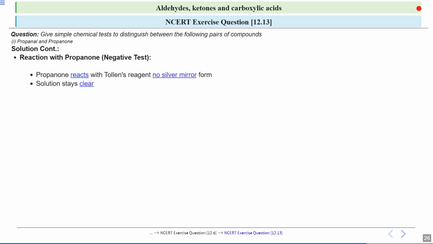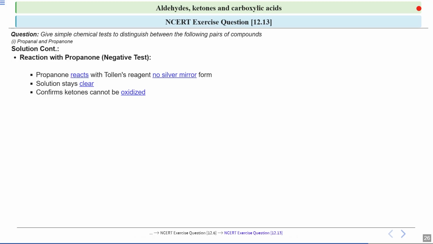The solution remains clear, which means no visible reaction has taken place. This helps us confirm that propanone does not react with Tollens reagent, unlike aldehydes. This result tells us something important about ketones, that they cannot be easily oxidized by Tollens reagent. Only aldehydes are oxidized in this test,